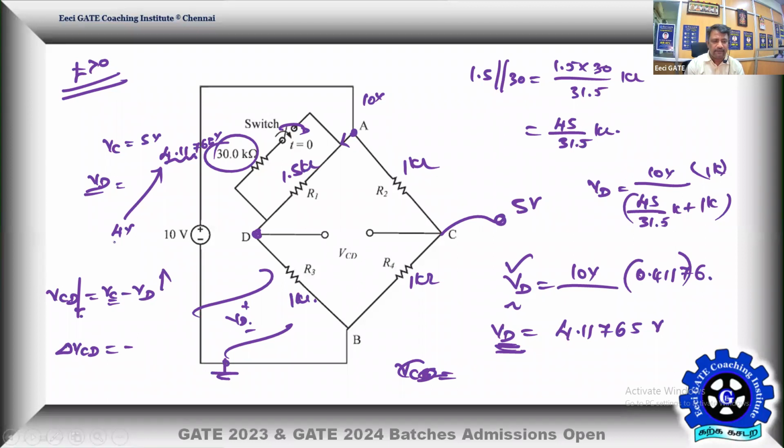So VCD decreases by how much? It is going to be earlier 5. So 0.11765 is the decrease in your VCD. So that is negative. Definitely the sensitivity will be negative. VCD decreases. So out of what resistance? What is the resistance we need to calculate? It is 45 divided by the new resistance in R1 ohms. So 45 by 31.5 is the resistance that is going to be